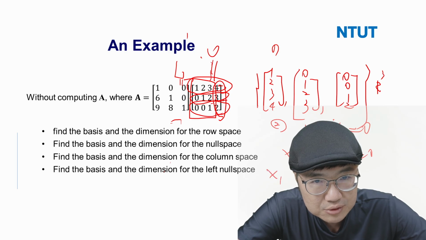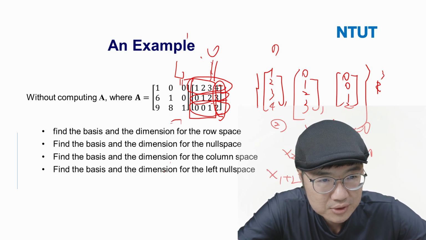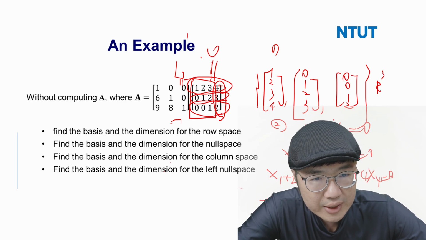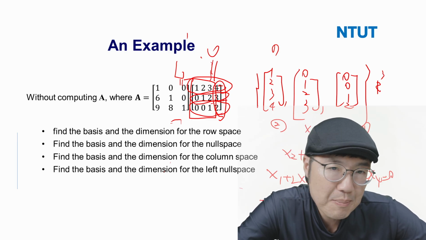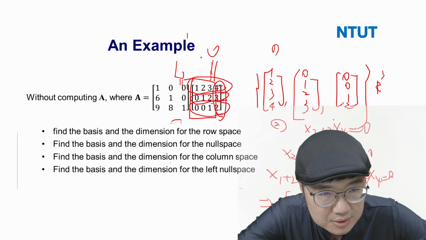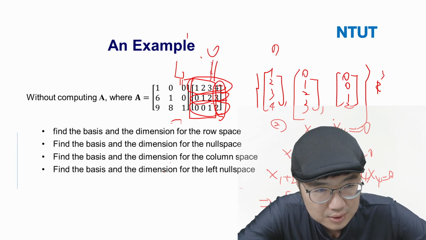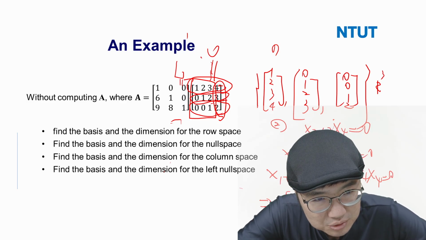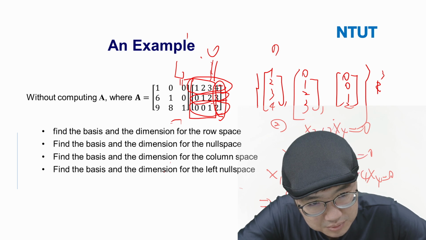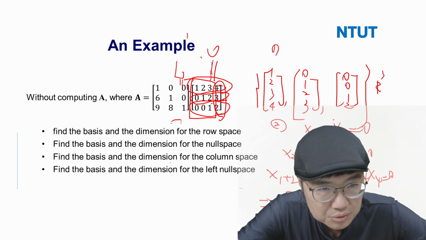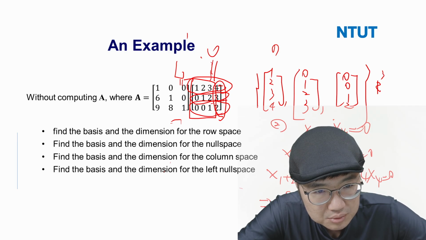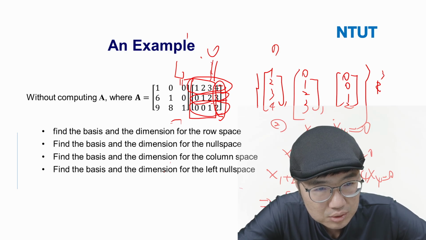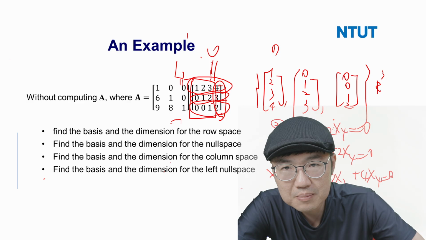And finally, x1 plus 2x2 plus 3x3 plus 4x4 equals 0. So we can express the x that makes Ax equals 0 as 1 for x4, minus 2 for x3. And if this is minus 2, then minus 4 plus 2 is minus 2. So 2 for x2. And finally,